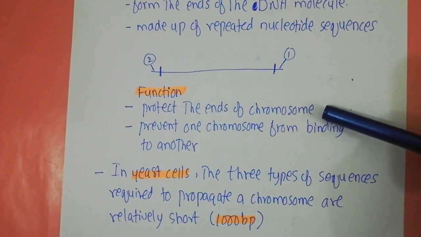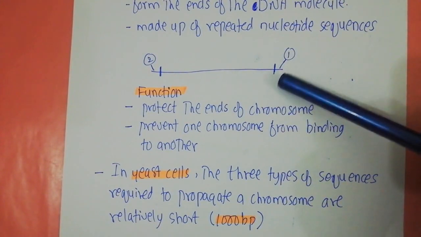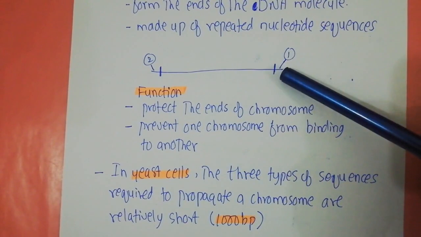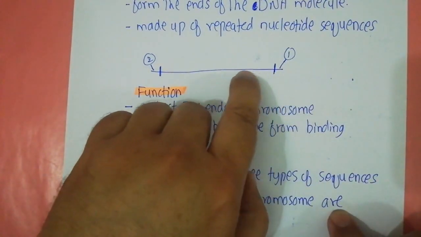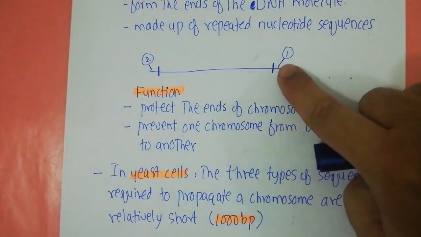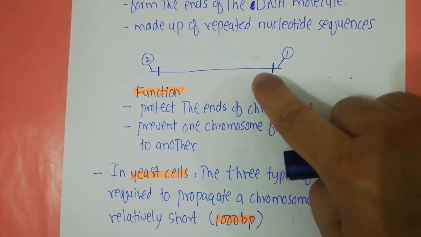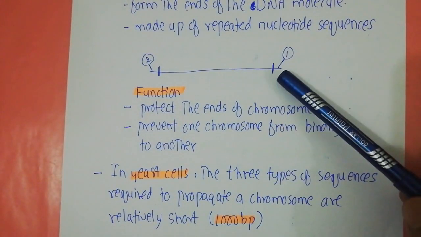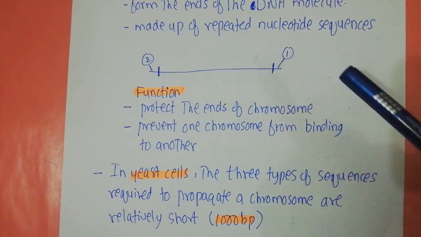When you talk about the function of the telomeres, one of its important functions is to protect the ends of the chromosomes. Now these telomeres do not have any coding sequences, but they are protecting the coding sequences that are present in this DNA molecule. So if this telomere is not present, you can actually lose this coding material in this DNA molecule, which can create a problem. So the telomeres at the end are protecting the coding region of the DNA.